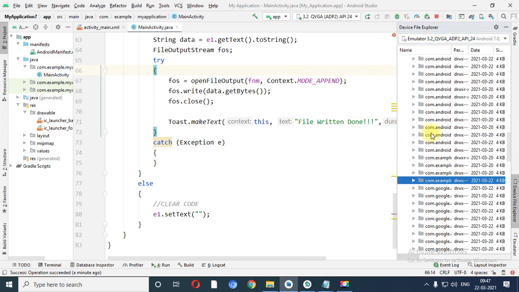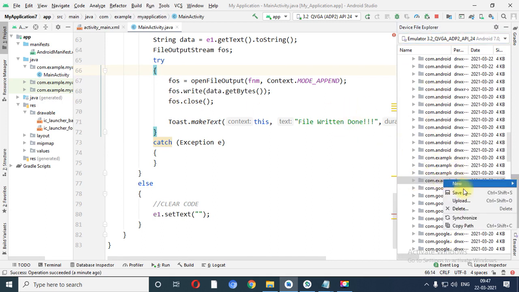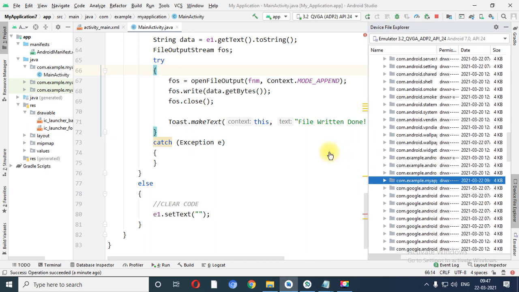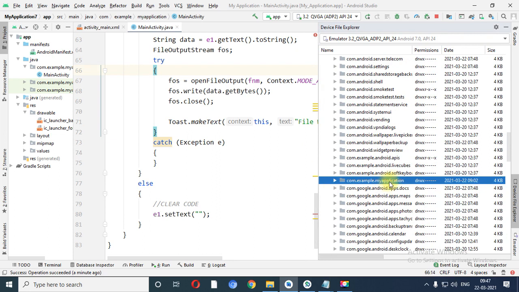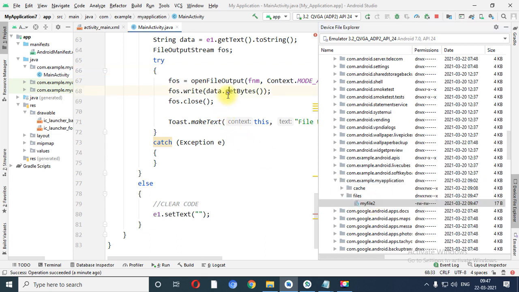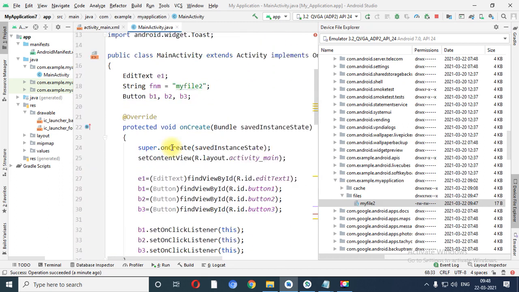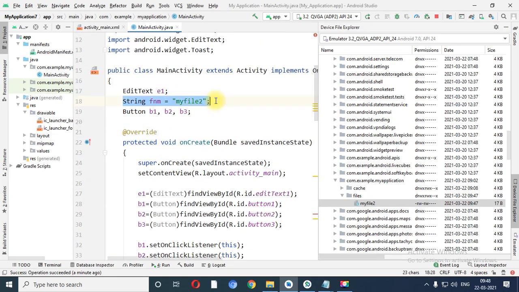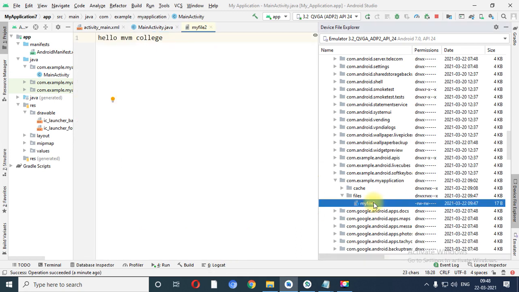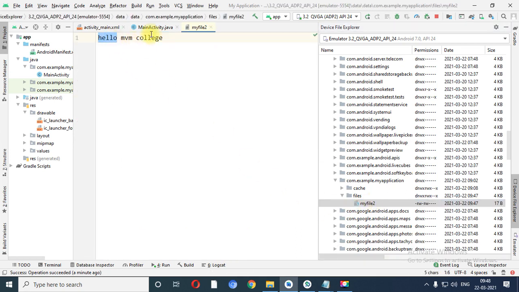Inside device file explorer, click on com.example.myapplication, click on it, click on files, my file 2, which is the name of our file which we have given at this time, right. Now click on it, hello MVM college, right.